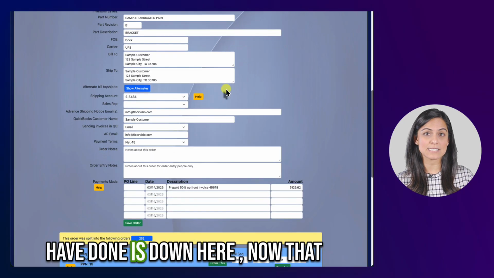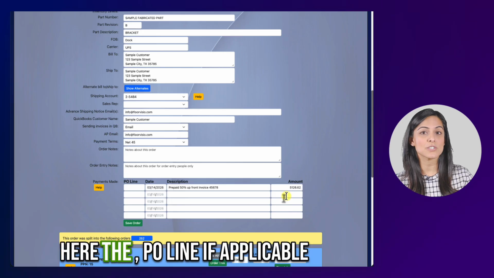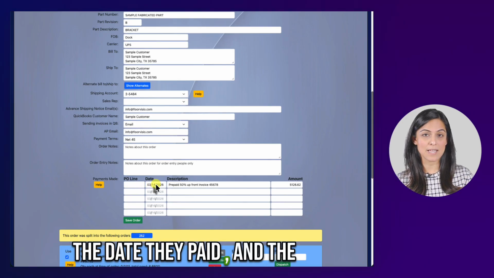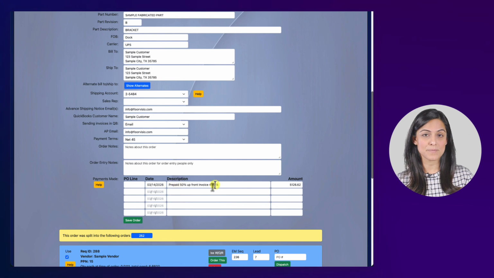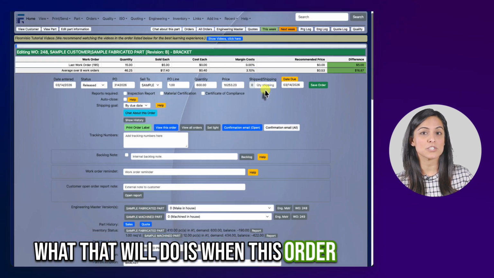With this order, the customer was told to put 50% up front. And so what we have done down here, now that the prepayment setting is turned on in our system settings, is put in the PO line if applicable, the date they paid, the description of the payment, and the amount. What that will do is when this order ships,